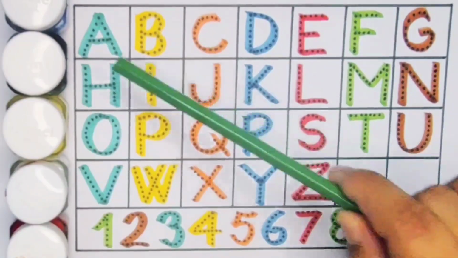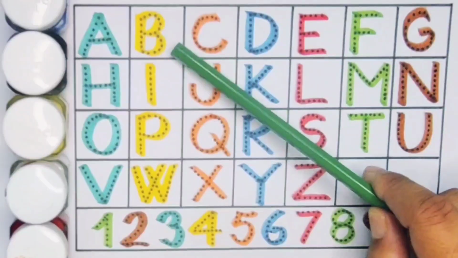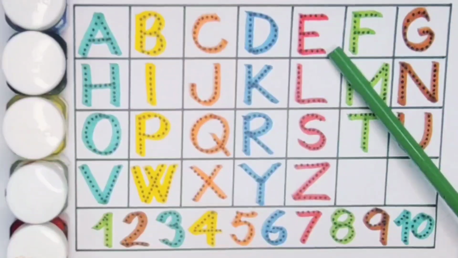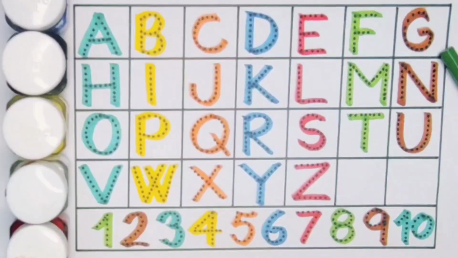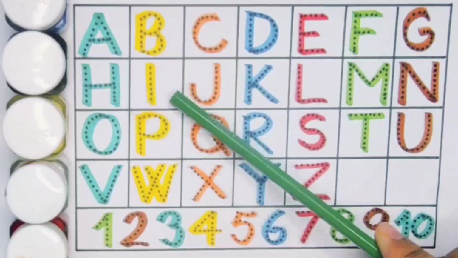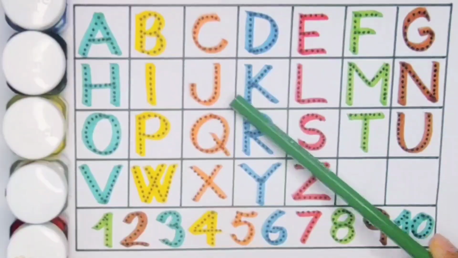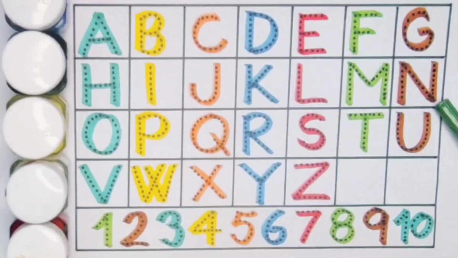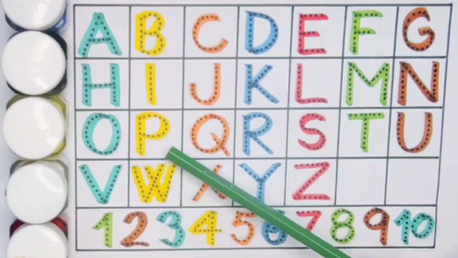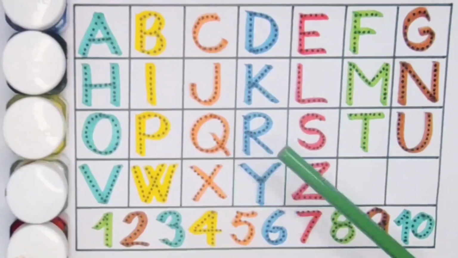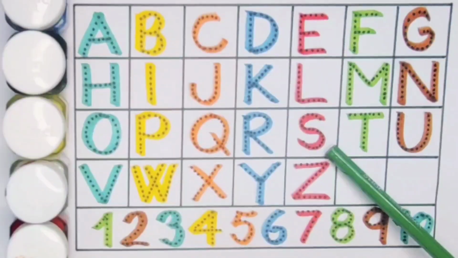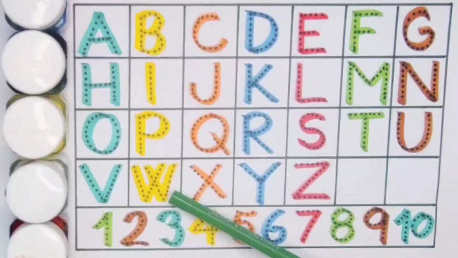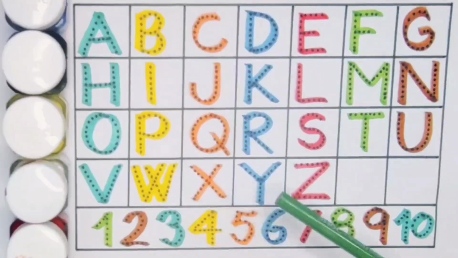We learn A for aeroplane, B for butterfly, C for car, D for dolphin, E for eye, F for fan, G for giraffe, H for hand, I for ink, J for jellyfish, K for kite, L for lion, M for moon, N for nuts, O for octopus, P for paper, Q for quail, R for rabbit, S for star, T for tiger, U for uniform, V for vegetable, W for water, X for X-ray, Y for yogurt, and Z for